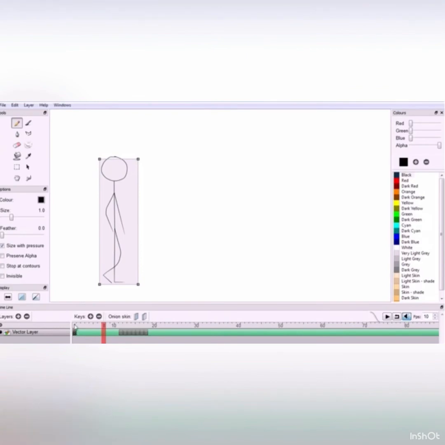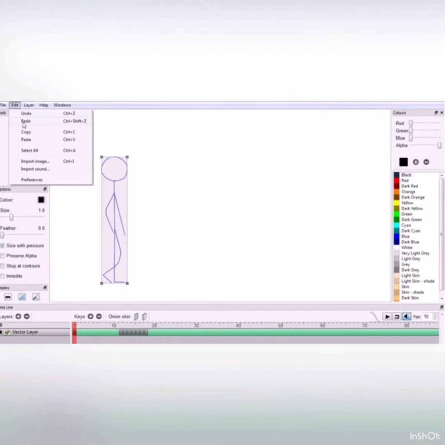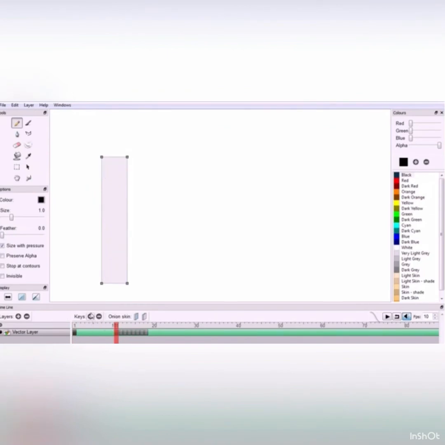I am doing here just copy and paste. You can use shortcut keys or you can use the options from the Edit menu. You just add more keys and then paste it.